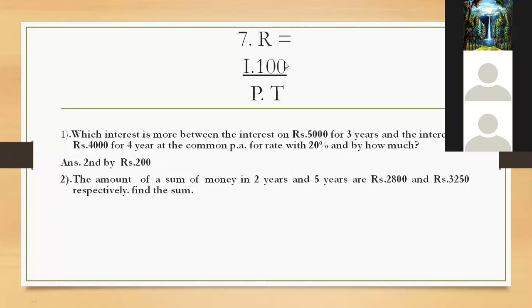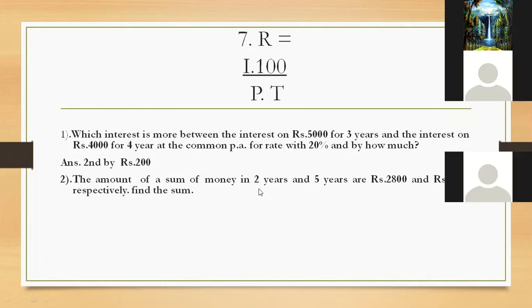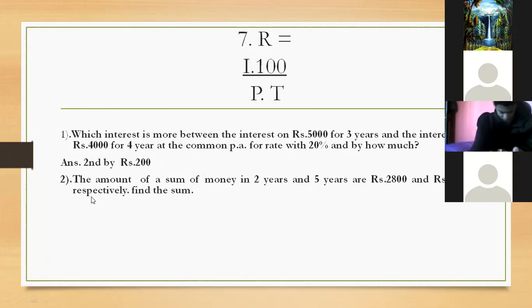Sir, but the rate of interest is not given. Yes, you are absolutely right. The rate is not given. First find out the rate. Sir, I got 6% per annum. You got 6% per annum. Yes, sir. After finding the rate, you can find out the principal. You can put in any sum of the conditions.